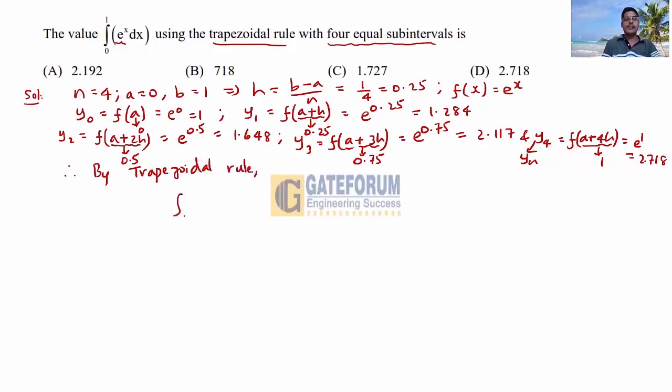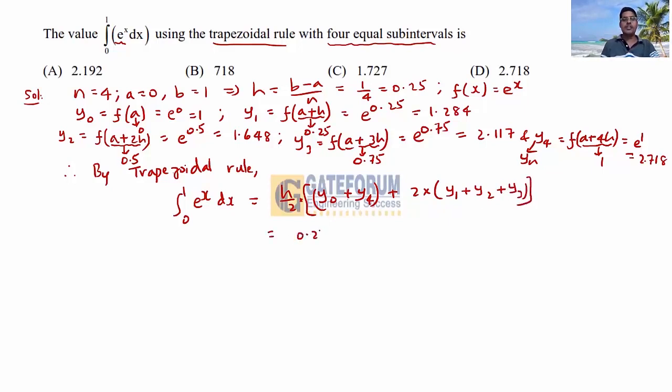integral 0 to 1 e to the power x dx is equal to formula h by 2 into y naught plus yn, that is y4, sum of extreme values of y, plus remaining y values, middle values, multiplied by 2, 2 into y1 plus y2 plus y3. So h value we got 0.25, that is 1 by 4 by 2, 1 by 8 you can write. So y naught 1, y4